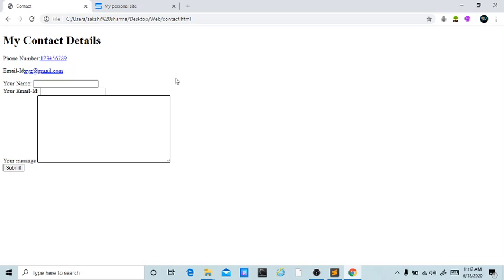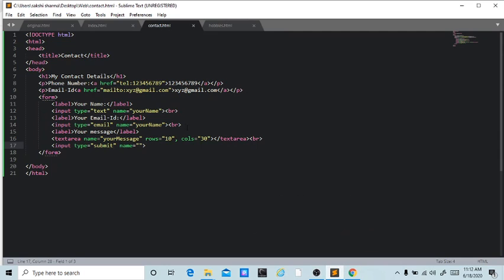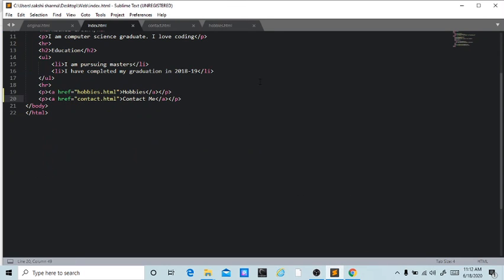Now let's add some other elements to our HTML page. We'll be adding table. We'll be adding table to our index.html.